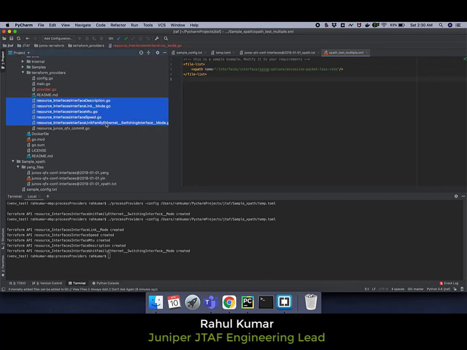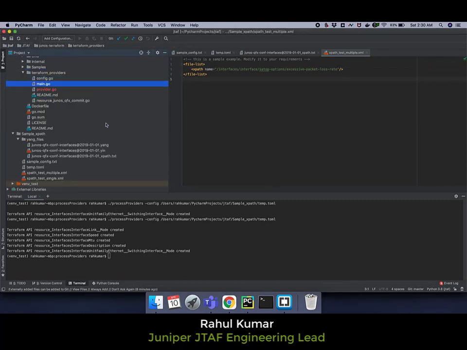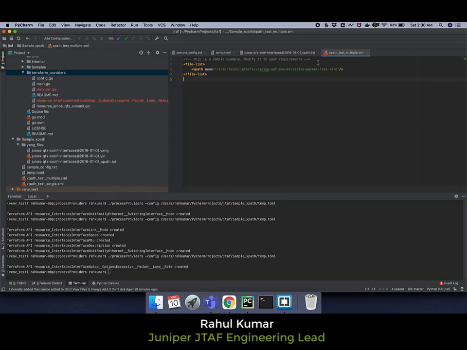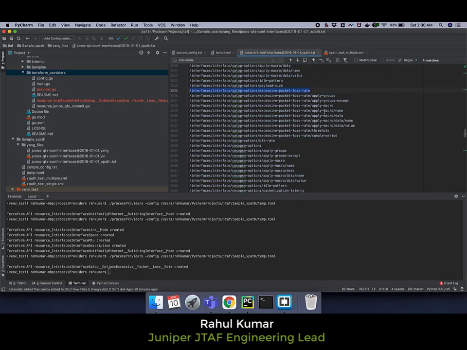I will delete the generated providers. So in that case, it should actually create all these elements in the provider file.